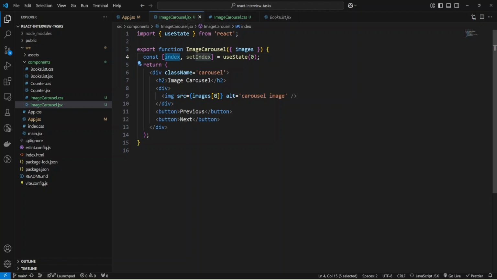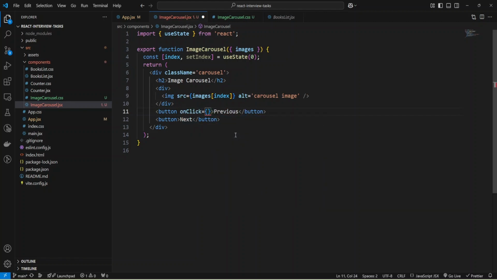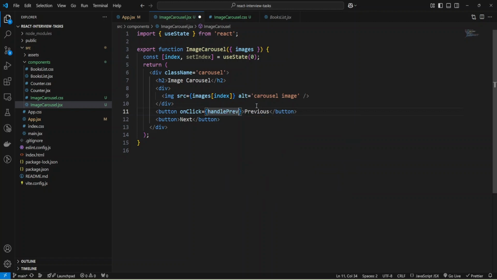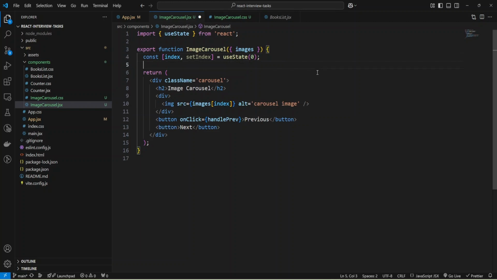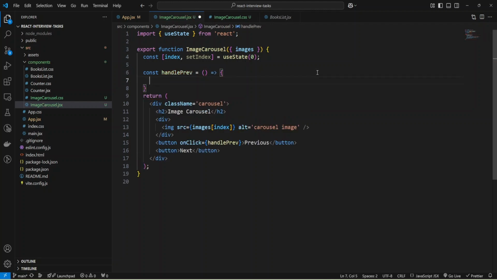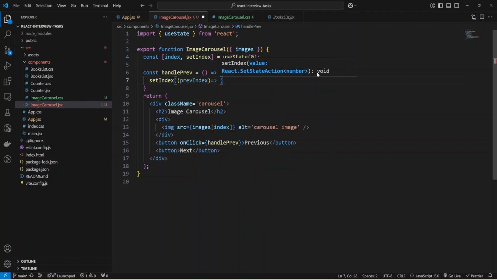I can provide images[index], and now I can add event handlers to onClick, and we'll provide a function. Let me add the function handlePrev and implement it here as a const arrow function that sets the index, using my previous prevIndex.